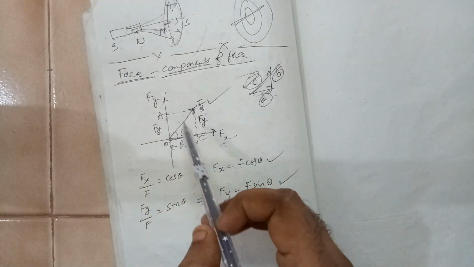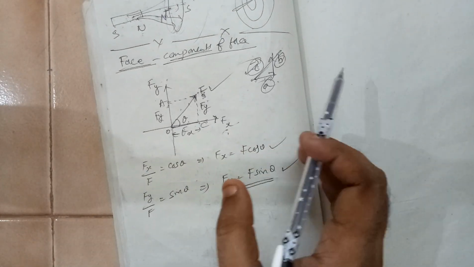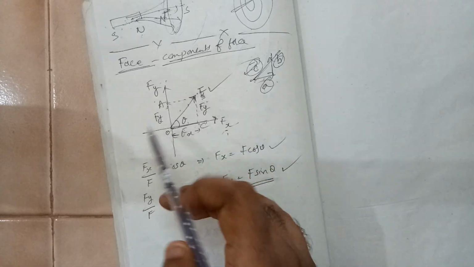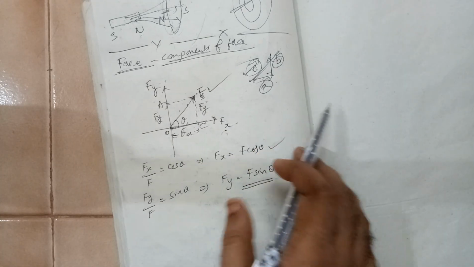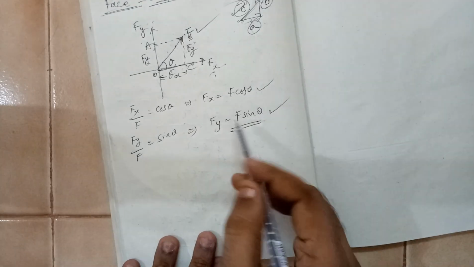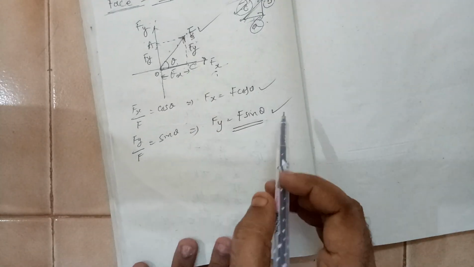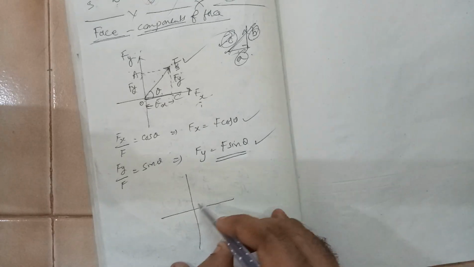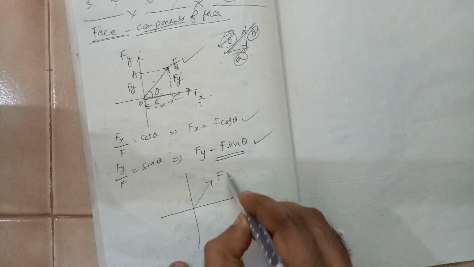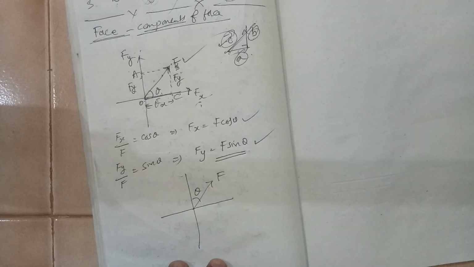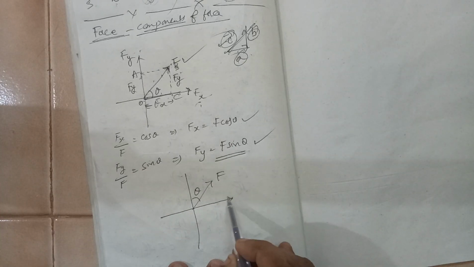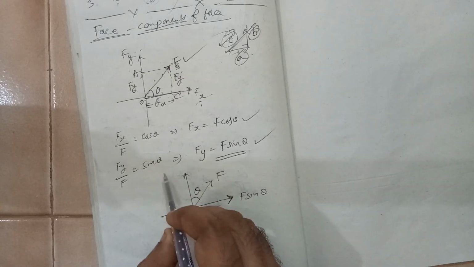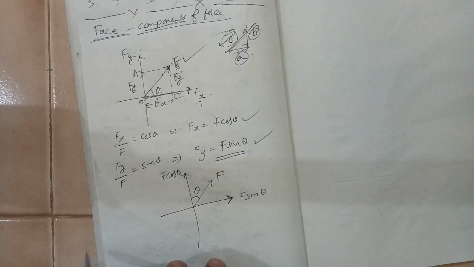When you have a lot of forces in a system, analyzing a resultant becomes easier compared with the individual force vectors. While writing the components, note which angle you have taken. Suppose in the same example, theta was this angle, then this component will be F sin theta and this component will be F cos theta.